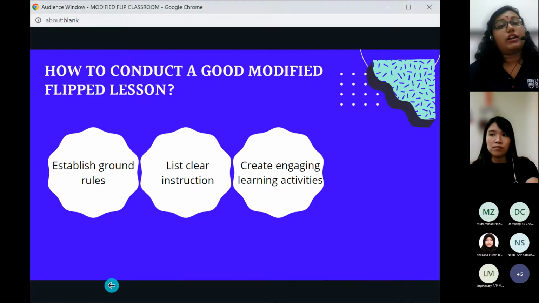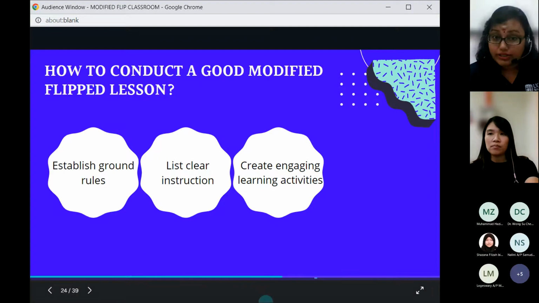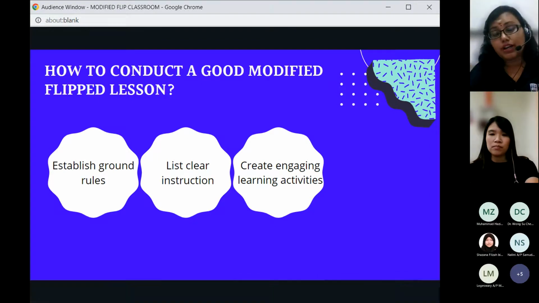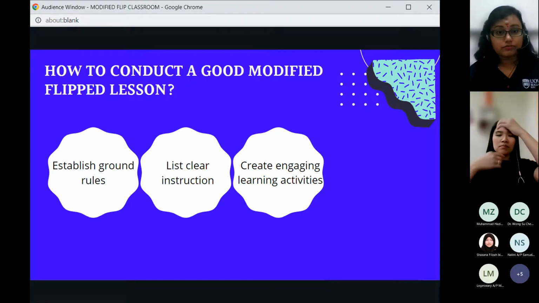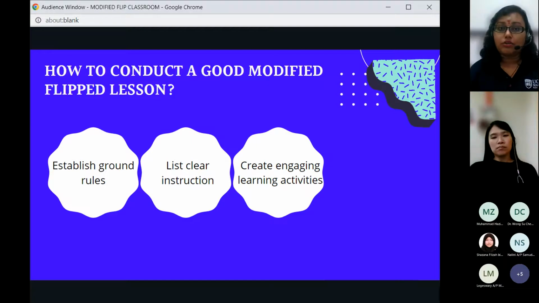In fact, you can even ask them to create content. You don't have to create infographics and share them in LMS. You can ask your students to do it, as a part of a flip lesson. For my, what course is that? ALE also. For tenses, I don't teach tenses in class because tenses is something very heavy for weaker students. So what I do, I ask them to create on their own and share their posters and present.